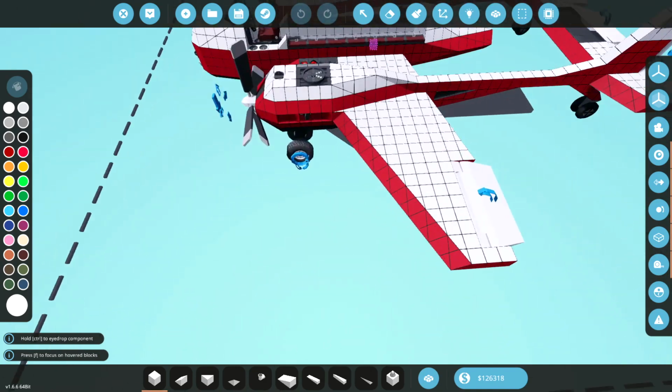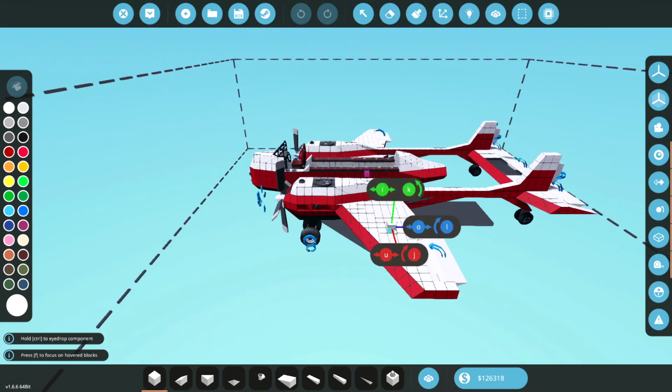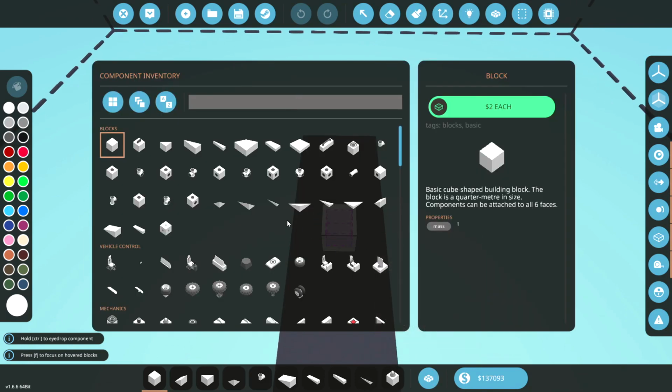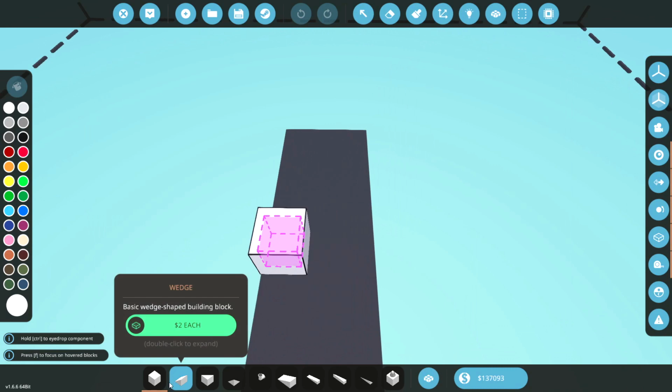Right, so I'm going to redesign a plane. Let's see what we can make it look like. And hopefully it'll be a little bit nicer looking than this. Because this isn't it. This doesn't look nice at all. Okie dokie. So first things first, we're actually going to go ahead and get ourselves a seat. And we're going to go ahead...